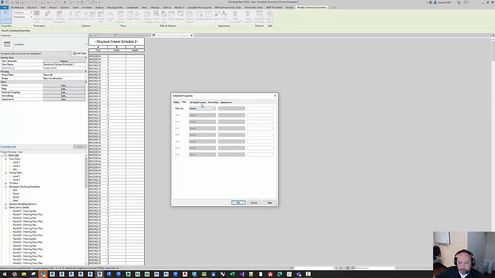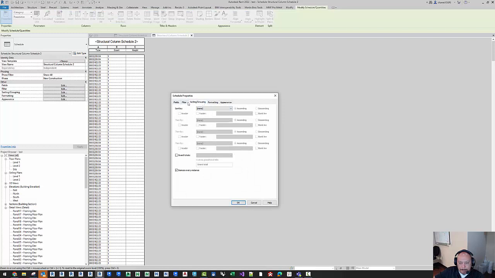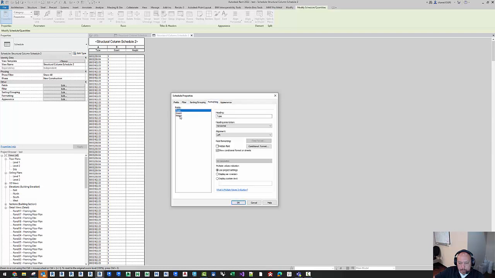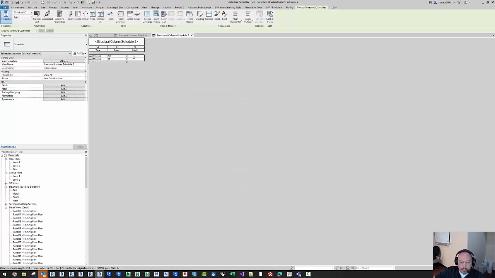I'm going to edit this a little bit. For height, we'll do a calculate totals. And you can see it's coming up with 0. So what I've done is I've actually created a